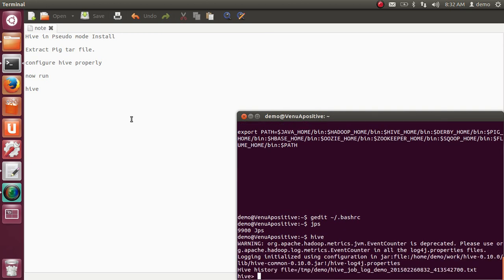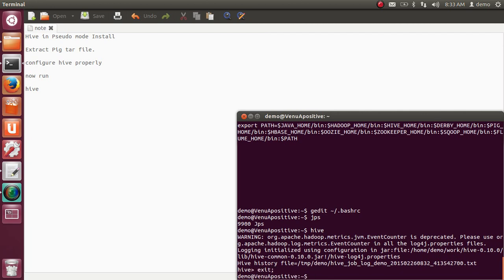The main reason is you can check the log folders here. Hive is not started.